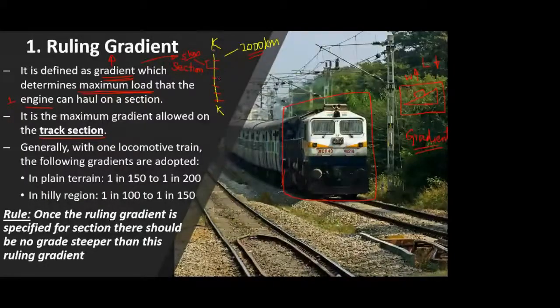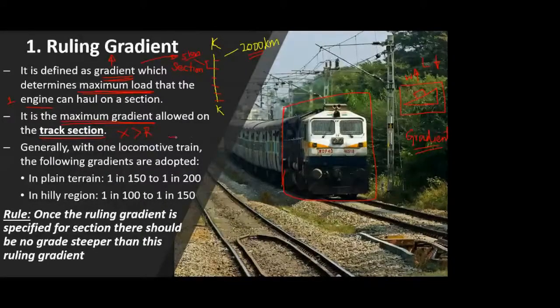So the whole railway length is divided into different sections, and for each section you find out the maximum load that your engine can carry for a particular gradient, and that gradient is termed the ruling gradient. For economical purposes, the ruling gradient is the maximum gradient which is allowed. So if you provide a gradient more than this ruling gradient, suppose a gradient x is greater than the ruling gradient, what do I mean by greater?